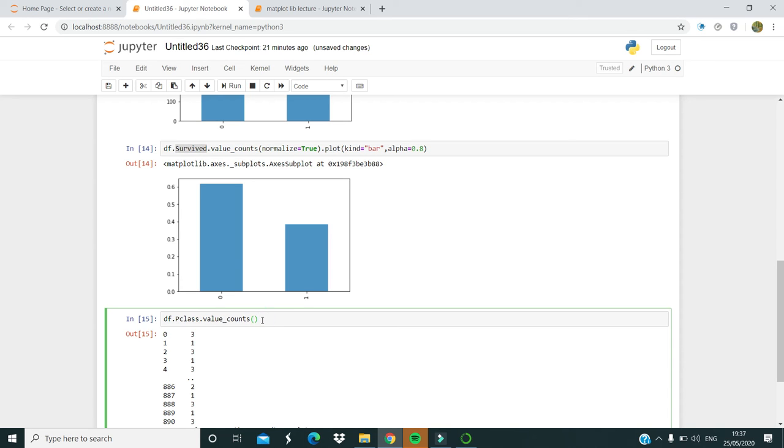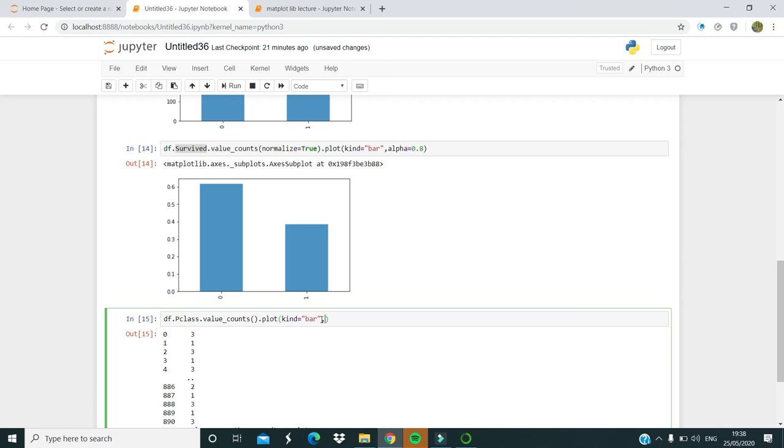Let's say dot plot, mentioning the kind equals to bar. What kind of plotting do we want? We basically want a bar plot, because the plot looks like bars, that's why it's called a bar plot. Then we have to fix the transparency.